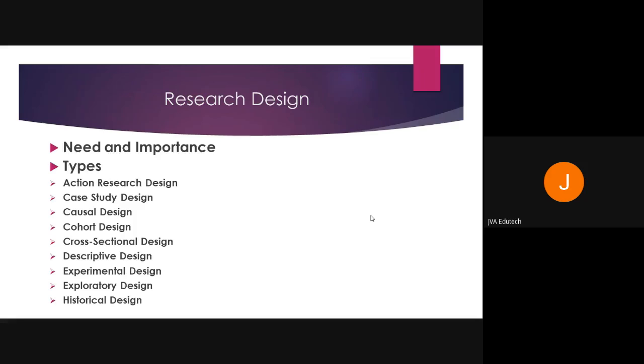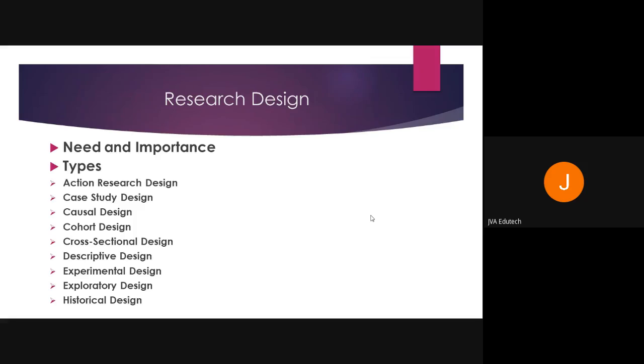The moment you start describing that characteristic of the population, you are going for a descriptive design. So let's say I am coming across a very relevant variable right now, COVID-19, how COVID-19 is affecting the economy. Now, first you want to know what is COVID-19 and what is its pattern of spread,